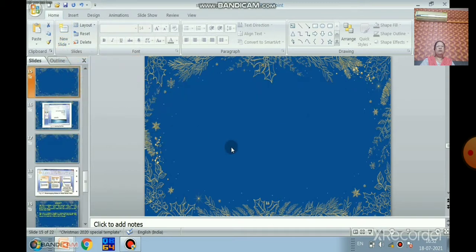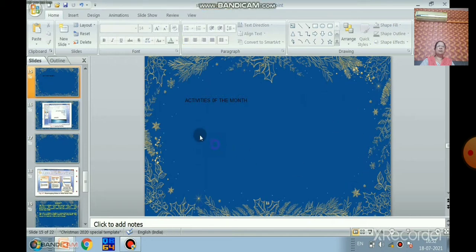Now when you select a blank slide and want to add text, the text box is not there. Here we have to select a text box. Click the New Slide button, then the Home tab. Enter the Home tab and select the Drawing group. In the Drawing group you can see the text box. So select the text box and you can enter the text. Click on the text box tool.